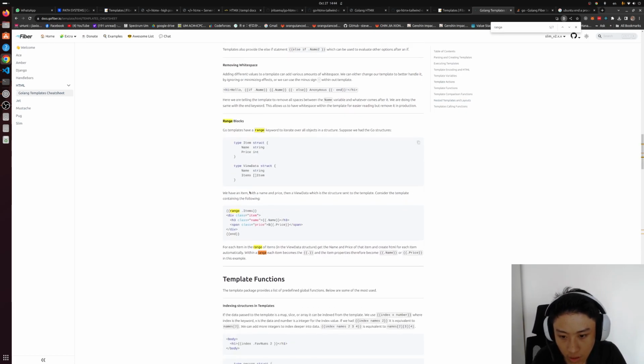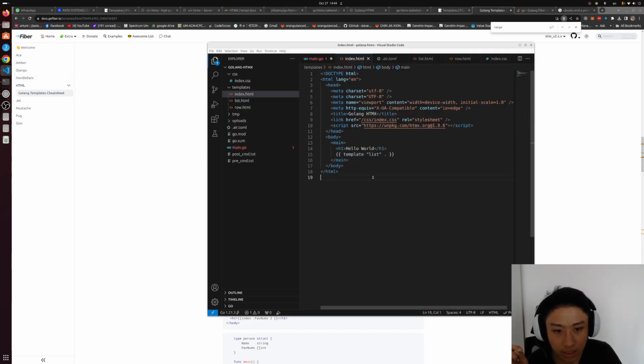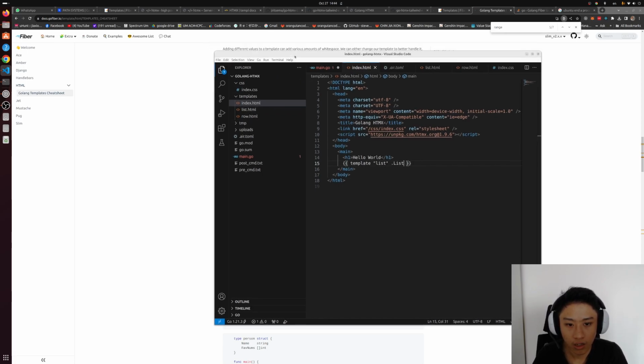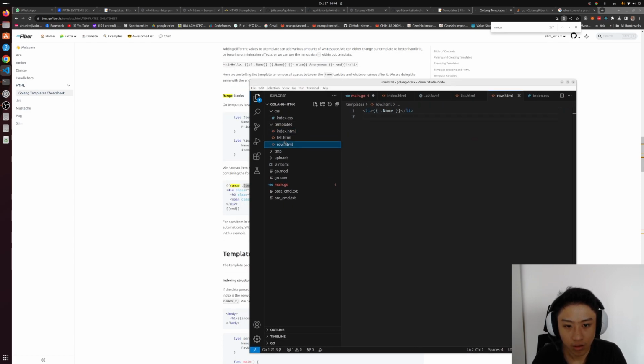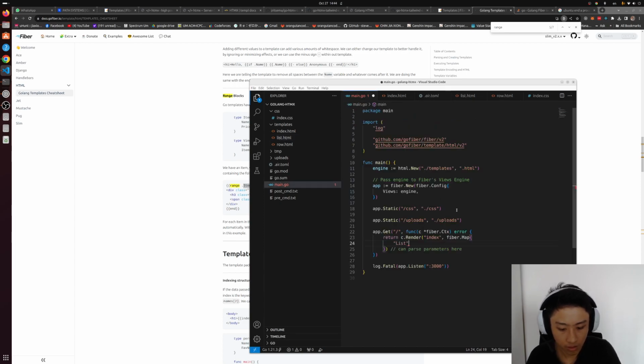Range is with dot something as accessing the certain data. So if I say that this is called dot list, can I expect that... no? Here dot list, list.html. Can I say that the list is a combination of name